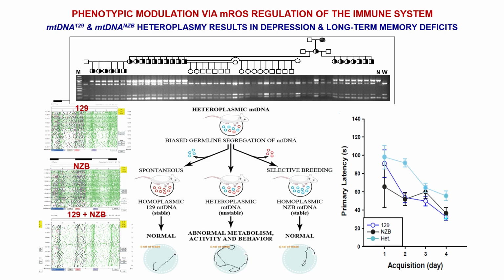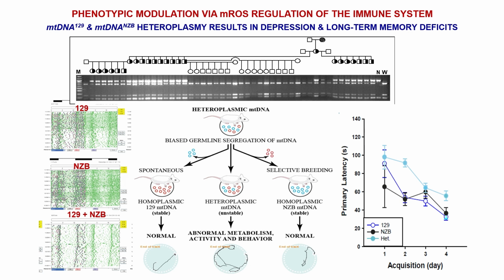We then made mice where it had two different normal mitochondrial DNAs, and then they segregated, so this is maternal inheritance of these two different mitochondrial DNAs. If we take a mouse that is what we call heteroplasmic, and we then make a mouse that has one mitochondrial DNA, 129, another NCB, and then we ask, are they different? When we ask the mice if they learn